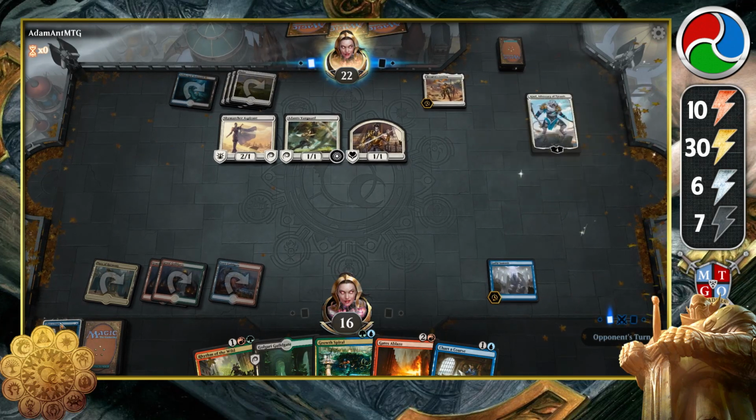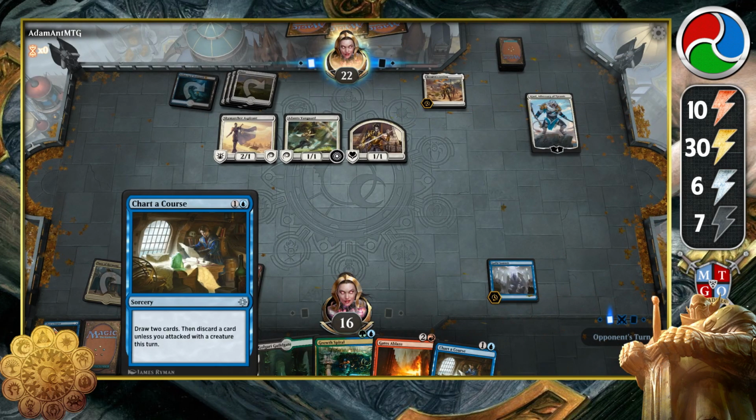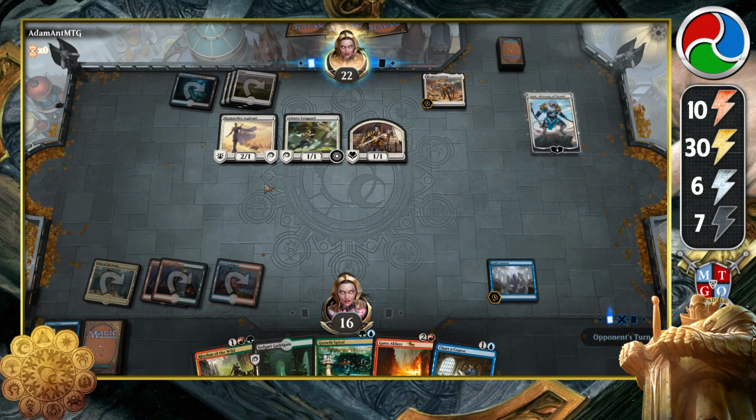Huh. Yeah, I was wondering about your Chart. I like it a lot. Do you know, there's another... I'm trying to think of the name of the card. There's a red enchantment that messes with...